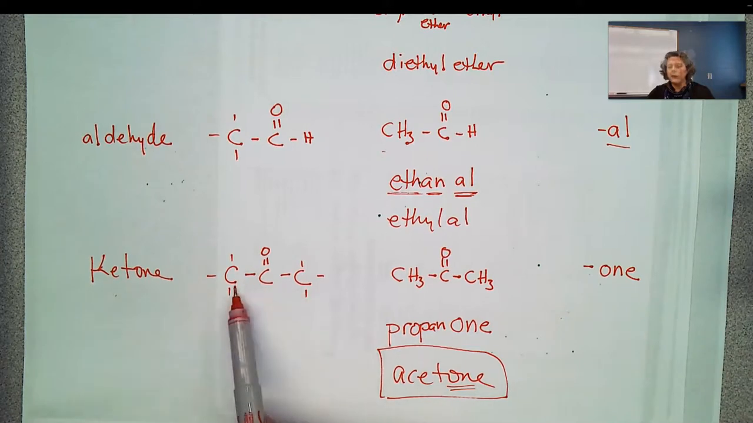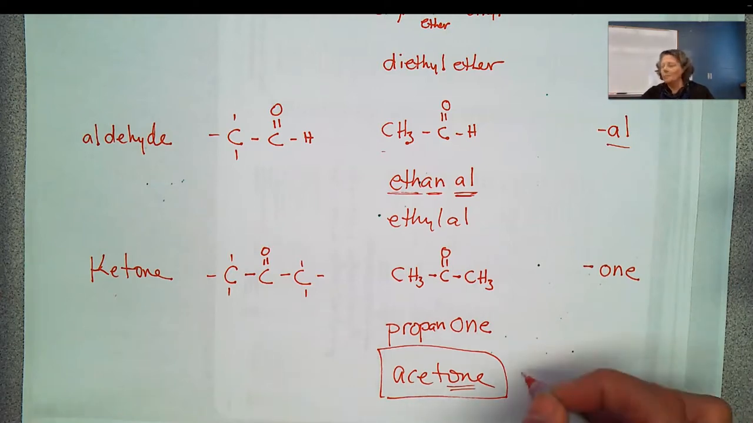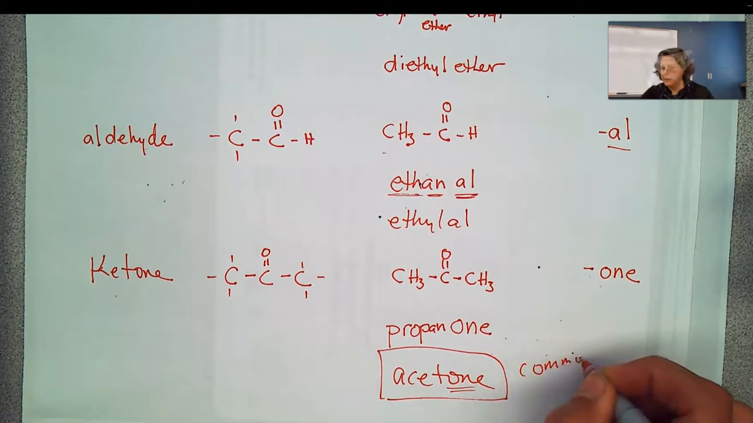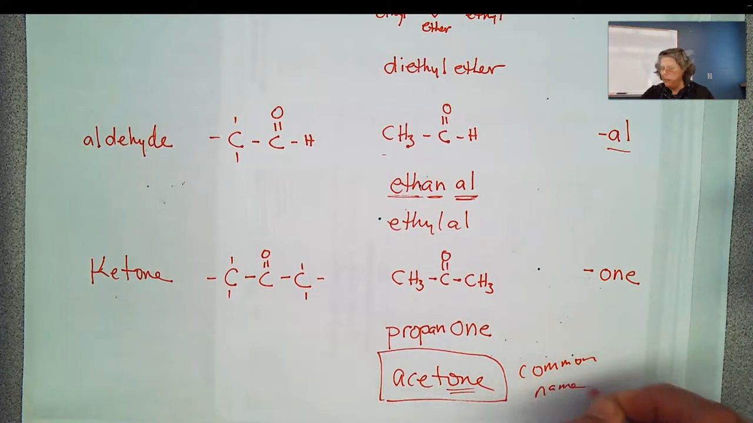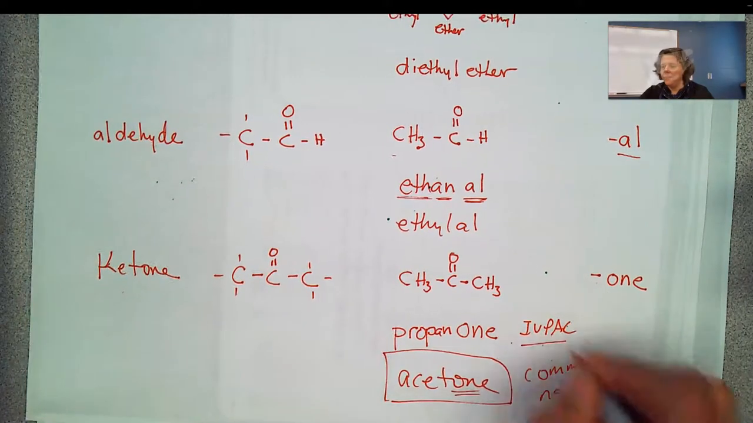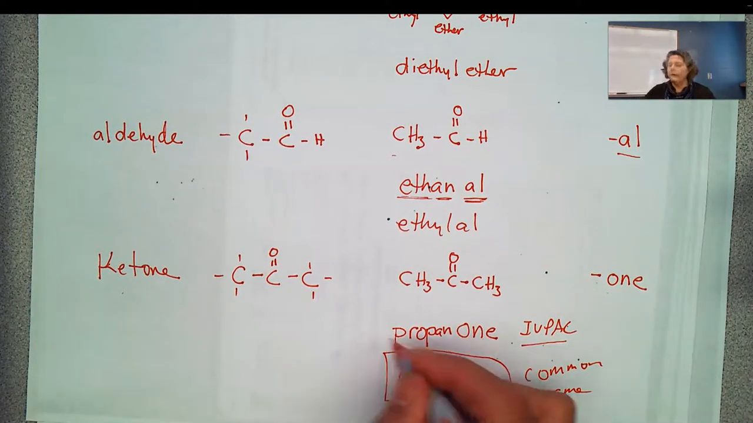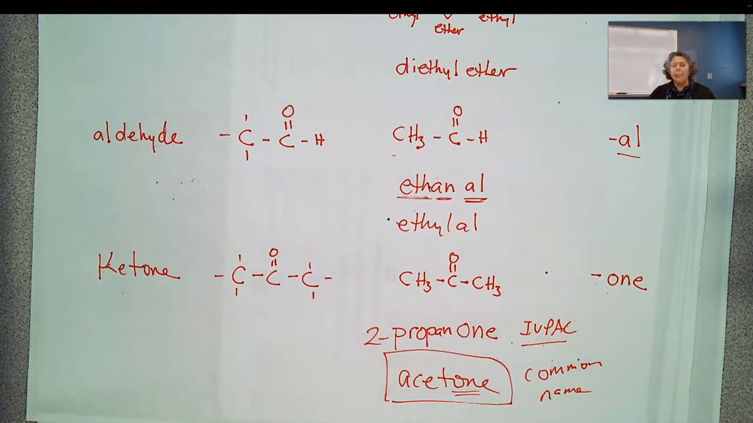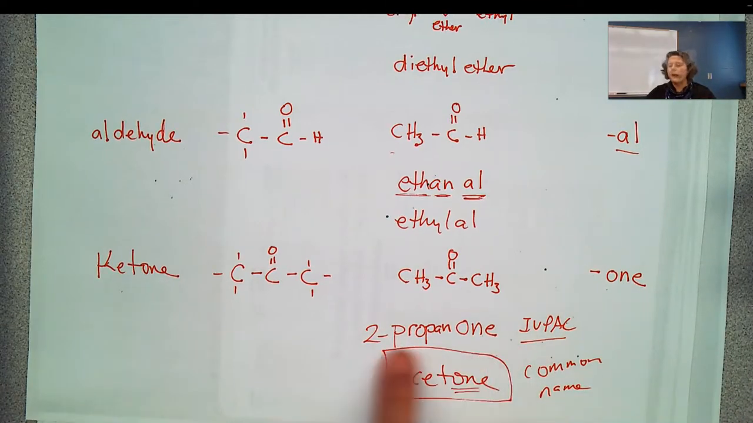All ketones have this carbon with a double bonded oxygen in the middle. Why do we call it acetone? Who knows? It's just the common name. So this is what we call a common name. This is the IUPAC name. So this is like the official name for it. Actually, it's 2-propanone. So that's the official name, but we usually go by the